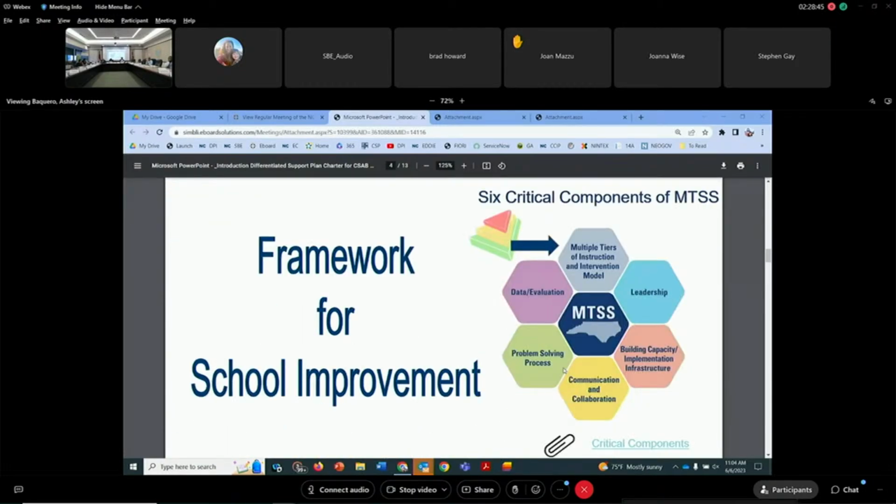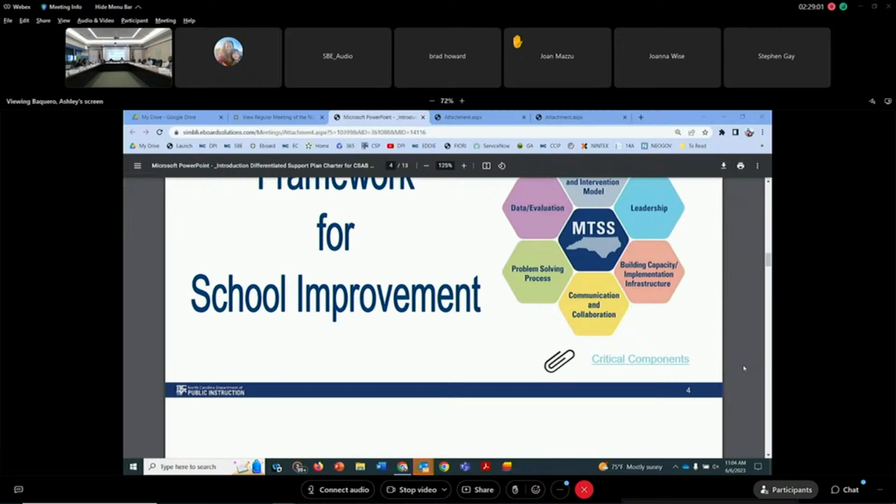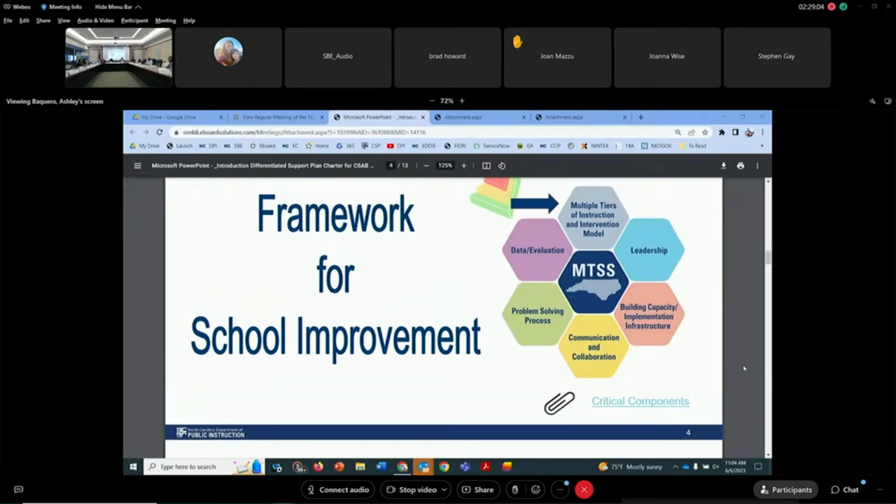North Carolina's MTSS model is built on 6 critical components. These 6 critical components are essential for a high-functioning system that will improve student outcomes for each and every student. When we think about MTSS, or a multi-tiered system of support, most individuals in education think only of that critical component that you see at the top of this graphic, that's often represented by the layered triangle. Although this is a defining feature of the model, it must include all other 5 critical components to be truly